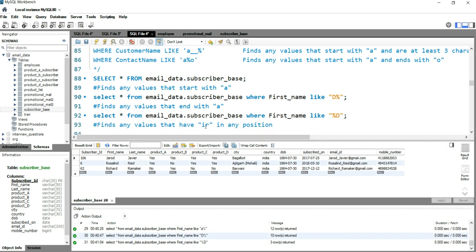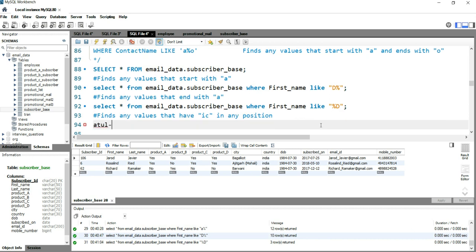Now I want to find all those names where IC is at any position. For example, suppose my name is Atul and I want all those names where this TU comes at any position. Similarly, I want any of the names where IC comes at any position.